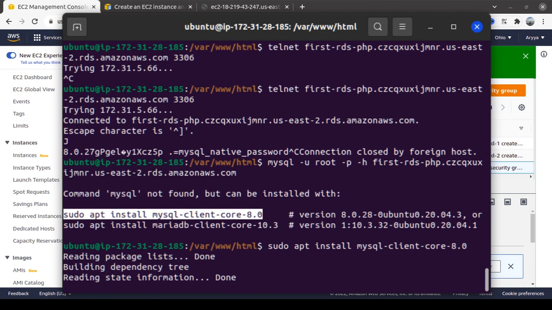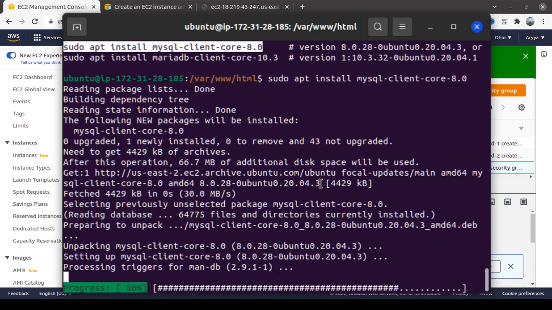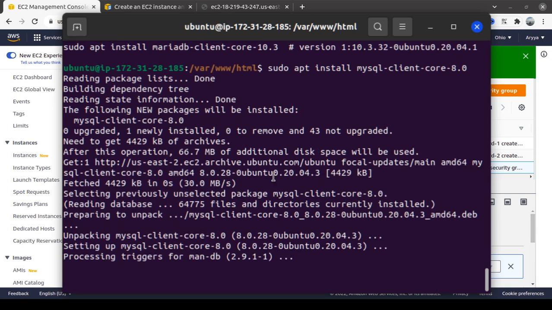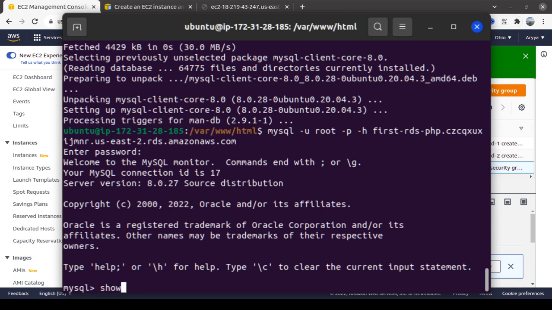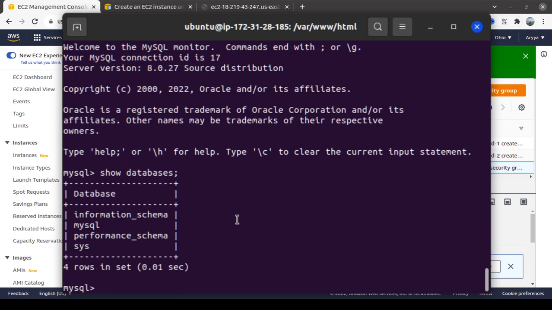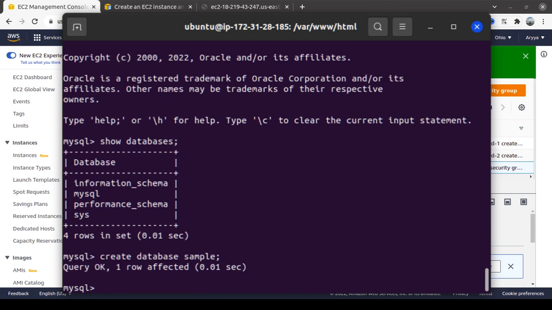Basically we need to make sure what the database name is inside, or we need to create one. Okay, let's see the databases. Oh, okay, so let's create a database. The database name should be sample, right?